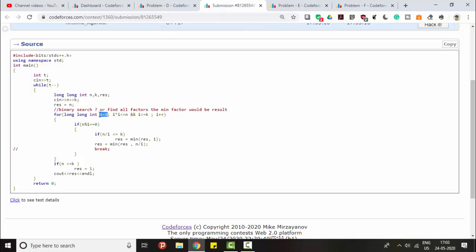So starting with this, as i represents the total number of packets of the type n by i. So here it's given that the type of packages refers to 1 to k, and I'm iterating over the number of packets, which can be a maximum of square root of n or less than or equal to k.